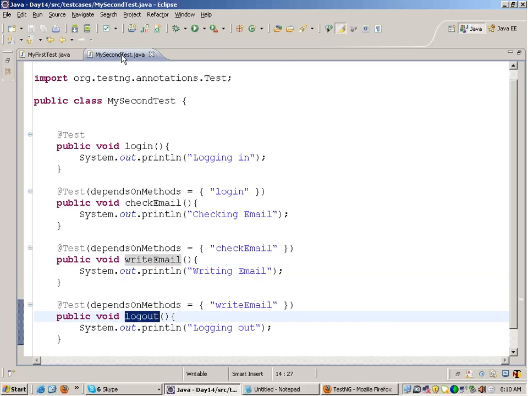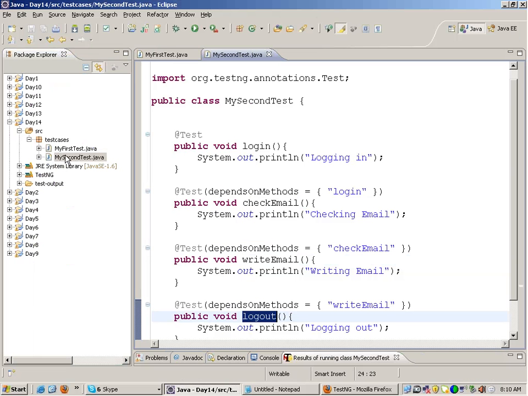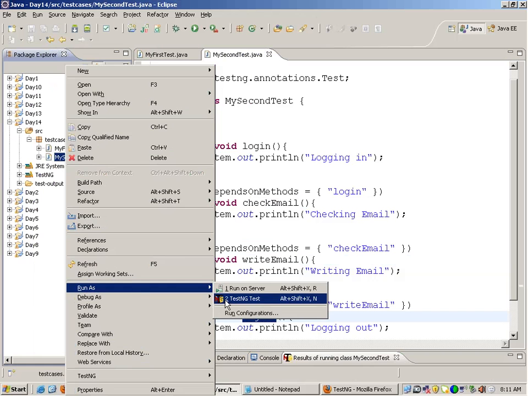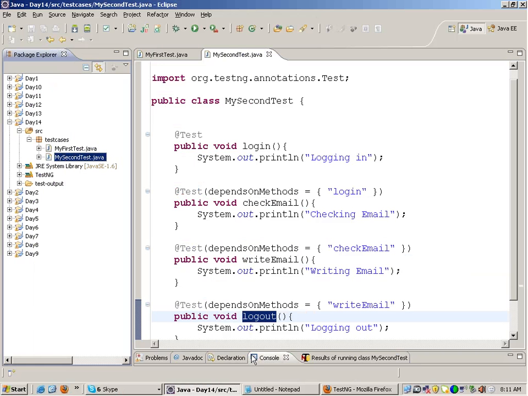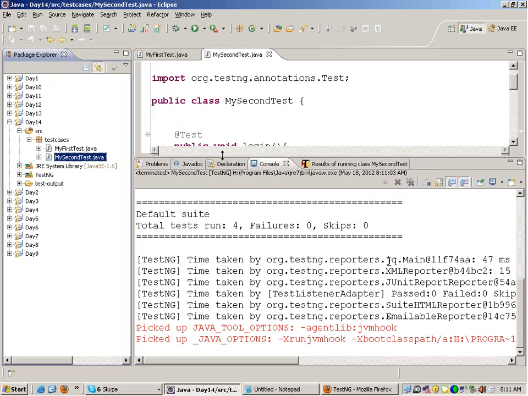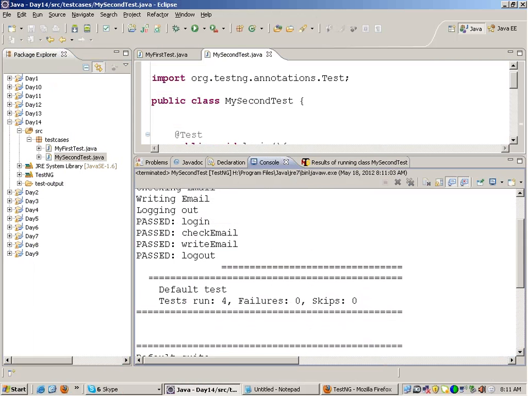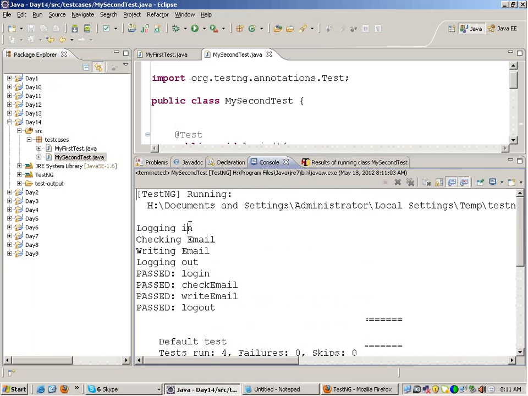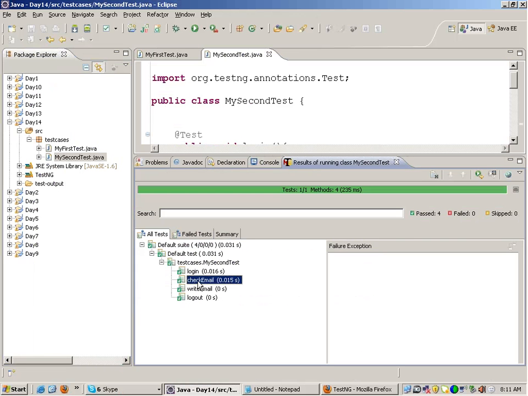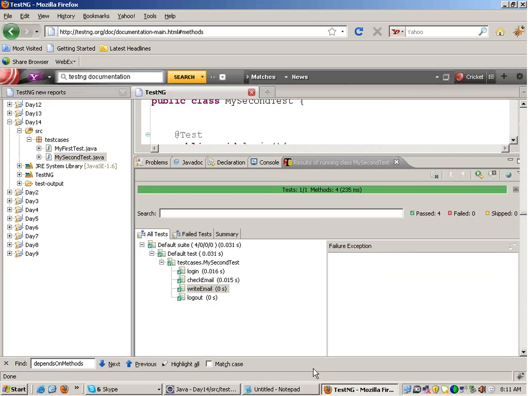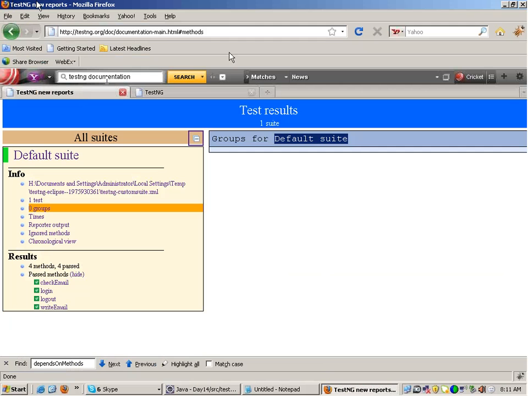Right now, if you run this as a Testng test, you right click on it, run as Testng test, you will see an output like this. The tests got executed in a particular order: logging in, checking email, writing email, and logging out. If you go to Testng reports out here, then also you will see that the order is maintained. Along with that, if you go to your reports out here, the HTML reports, refresh the reports,